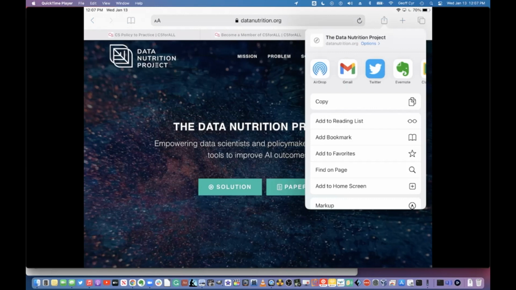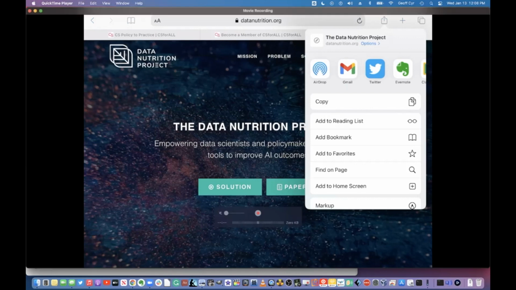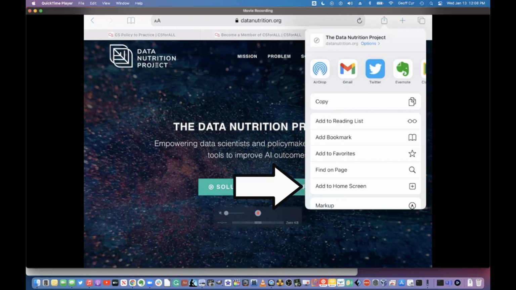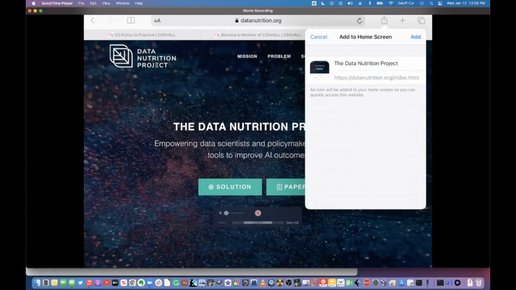It may be sending a photo to Gmail, or any number of things. If you press on that, you'll see towards the bottom of the menu it says Add to Home Screen, and I can press on that, and then I can change the